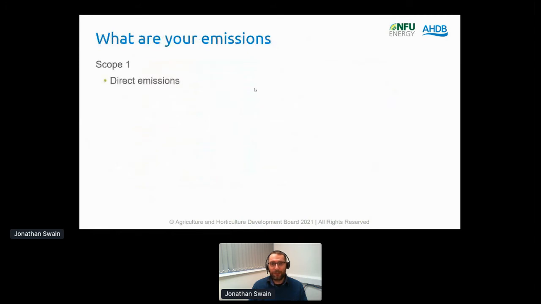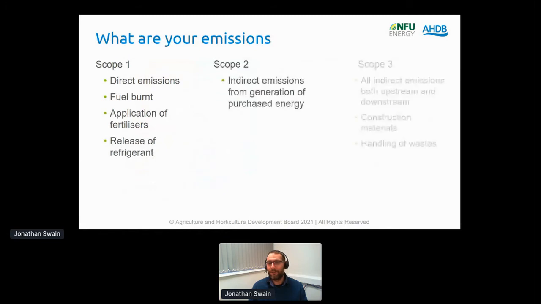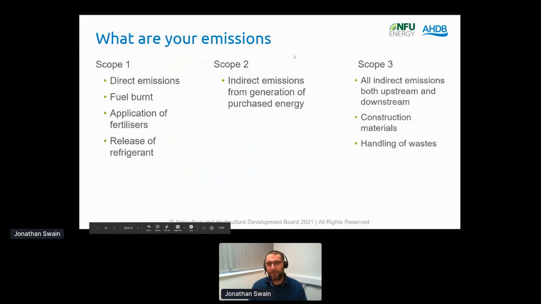In terms of quantifying your emissions, we go back into the jargon of carbon footprinting: scope 1, scope 2, scope 3, and Martin mentioned what fits into each of those scopes. When we're talking about the bits where we can make a big direct difference, we're talking about scope 1 and scope 2. Scope 3 is a real difficult thing to get your head around and to start to